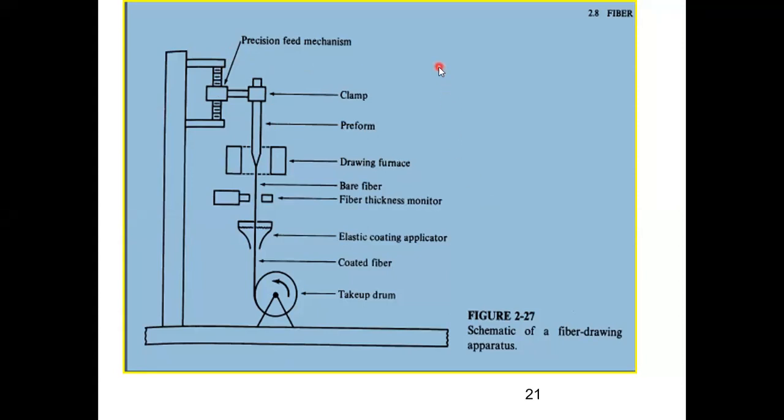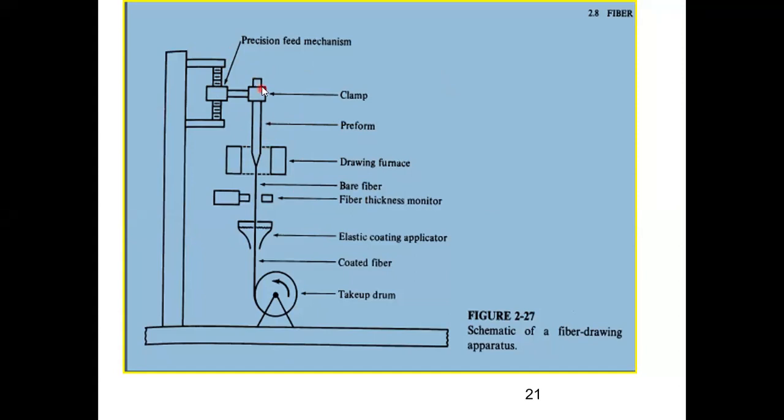Okay, I'll show you one video where this is in the simplest way, but the actual process is very complicated. So this is the preform. I hold it in the tower. So मेरे पास ये एक preform है. अभी उसको I have to melt it. I have to heat it.